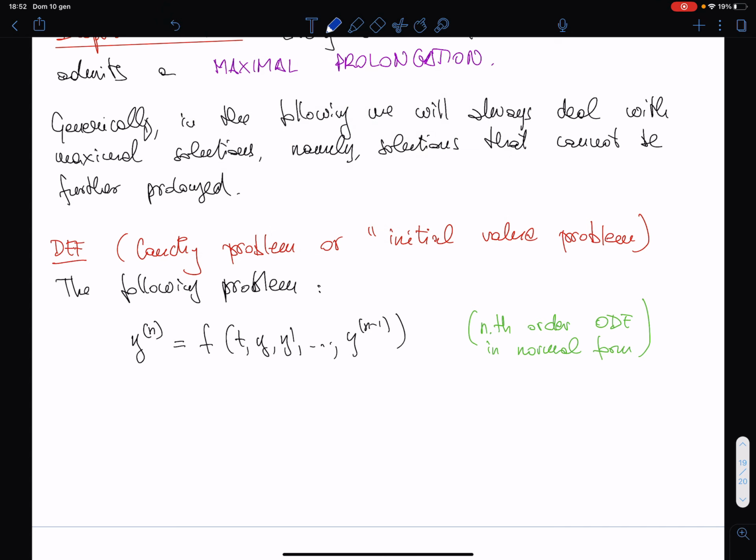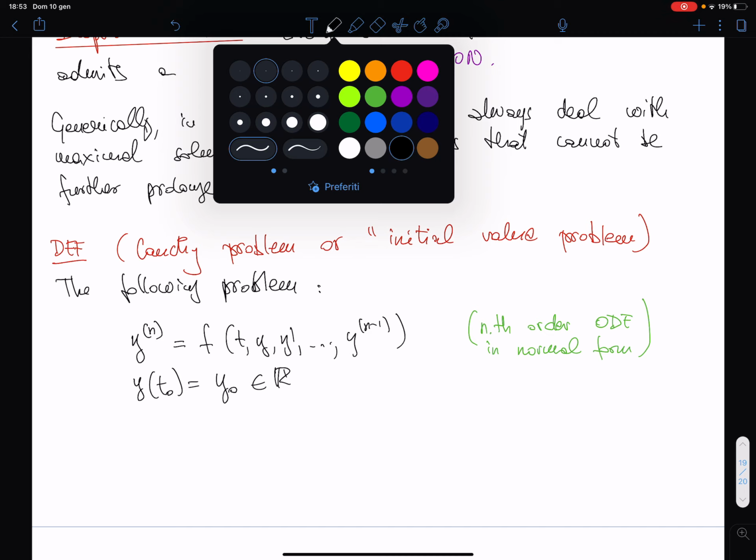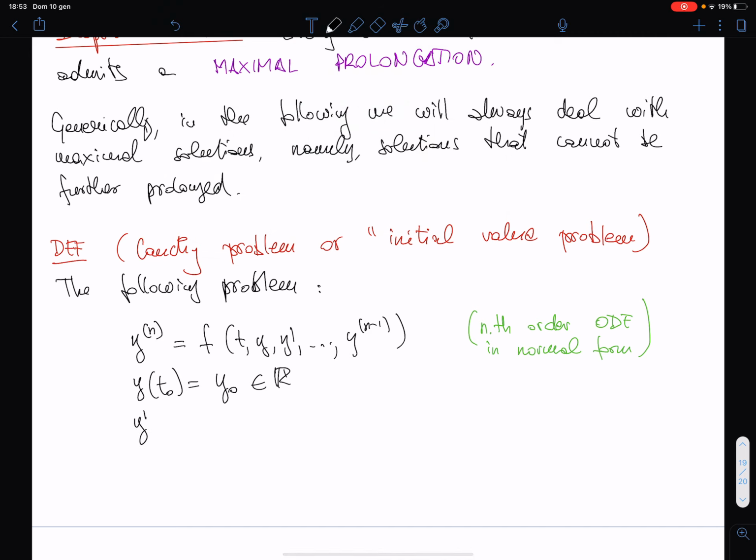Then you add some initial value, like in Malthus' problem, like in the problem of the falling object. So y at some point, t naught, is equal to y naught, which is a real number. But remember that in order to have uniqueness of the solution, we had to impose one condition in Malthus, which was first order, and two conditions in the falling object, which was second order. So we can imagine that,